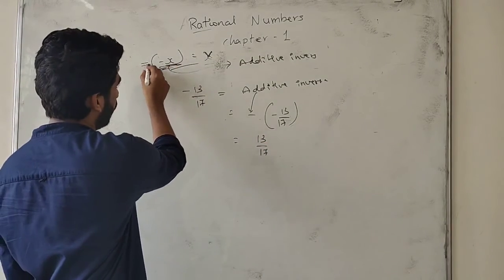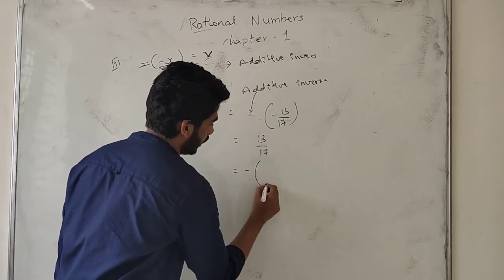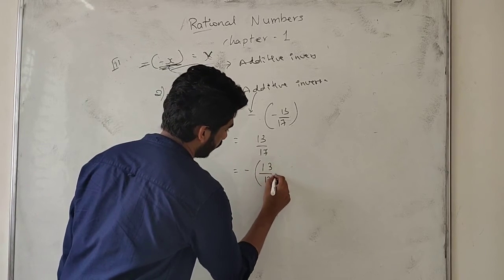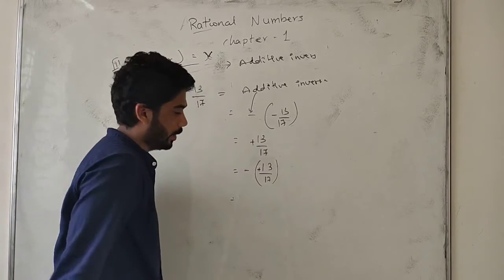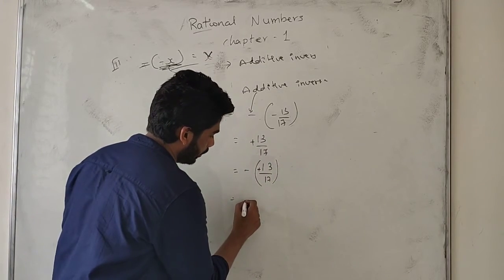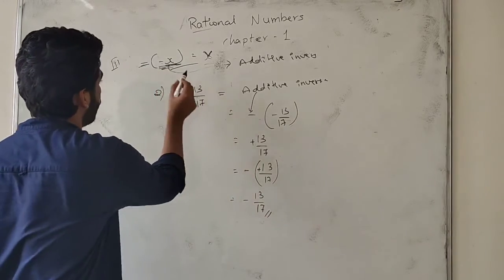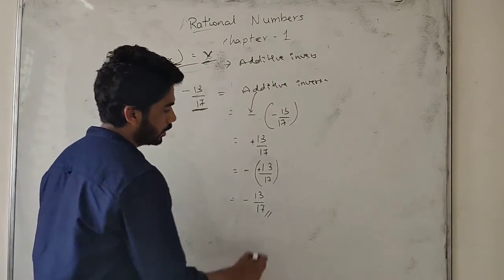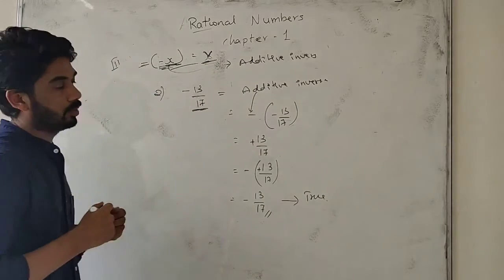Now we got the additive inverse part, so we have to multiply with the minus sign. Next step we will write minus into 13 by 17. Minus into anything with the plus will be minus 13 by 17. So see friends, here the minus sign is there, x is there, so we are getting the exact same answer. In this way it is true. In this way we have to find it out.